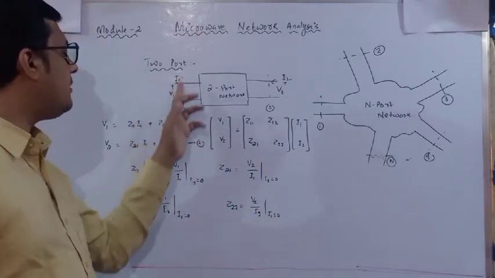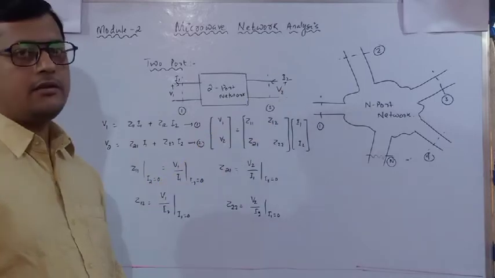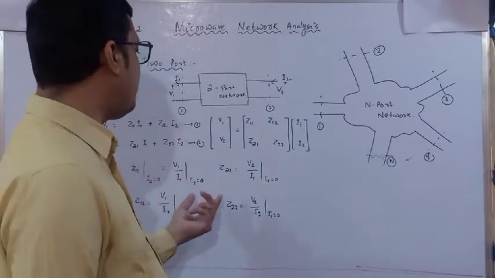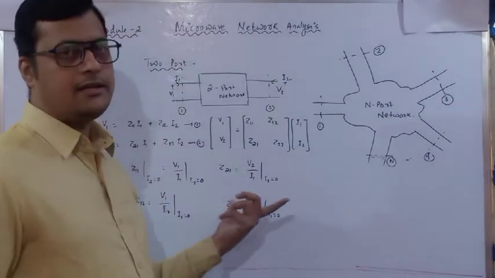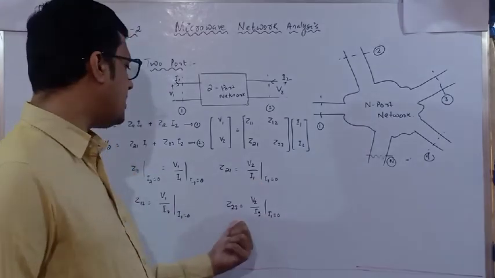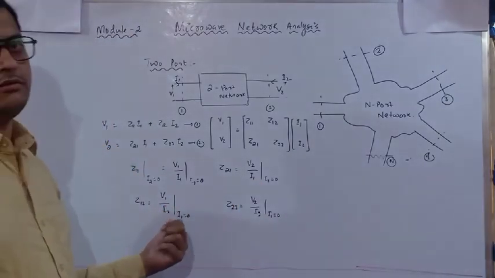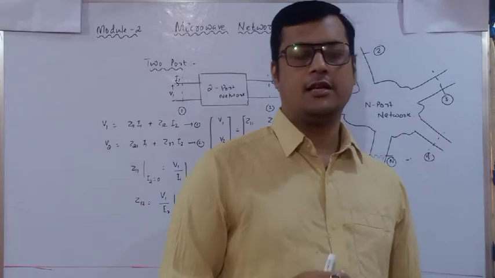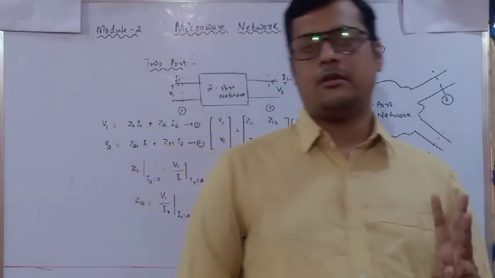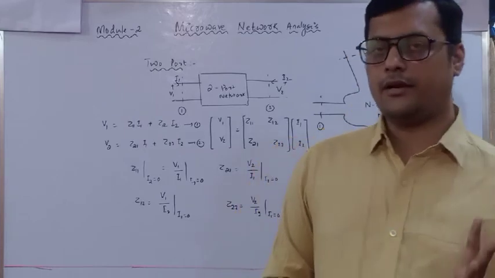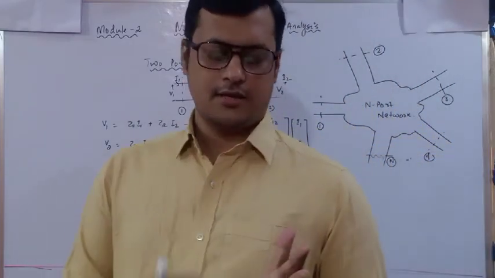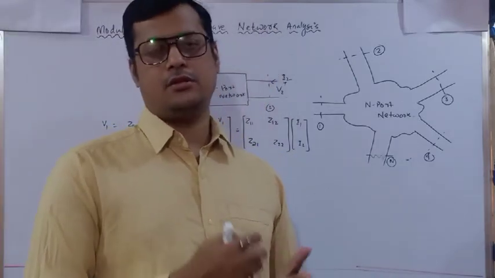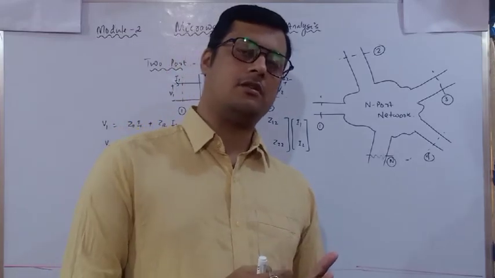But when it is V1 by I1 and V2 by I2, it is called the impedance at port 1 and the impedance at port 2. These are the transfer impedances and these are the impedances at port 1 and port 2. So Z11, Z22, Z21, Z12. So these are the small relations for two ports. If you consider 3 ports, that means how many parameters are we going to identify? We are going to identify 9 parameters: Z11, Z12, Z13, then Z21, Z22, Z23, Z31, Z32, Z33.